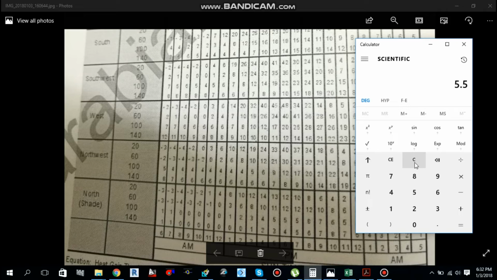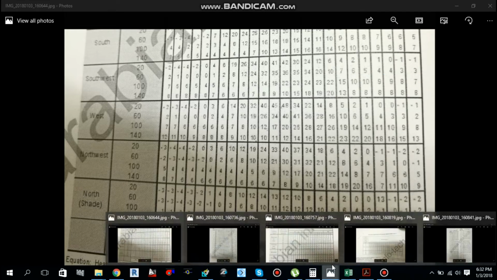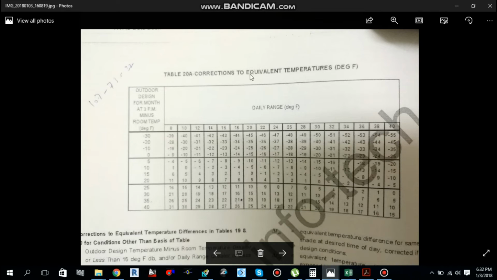Remember this figure 5.5. To this figure I will add the correction temperature, and this correction temperature is the same as we calculated before. Let's move back to the other chart again. I will show you once again. Here is the correction. It is the same because outside temperature is 107, inside is 75. So we got 32 over here, and the daily range, I told you, is 18.